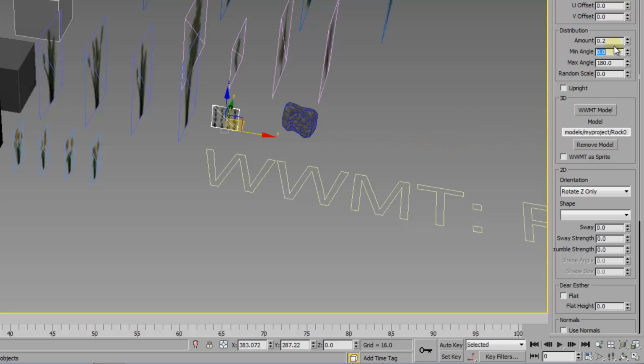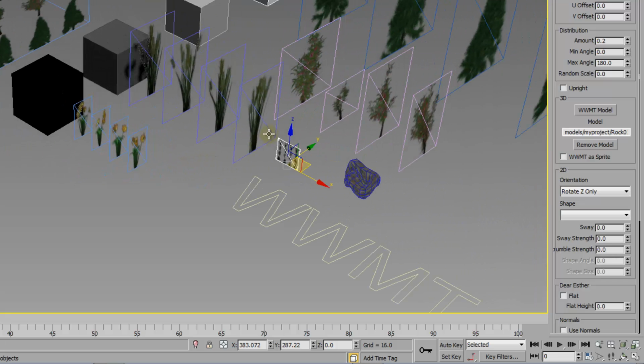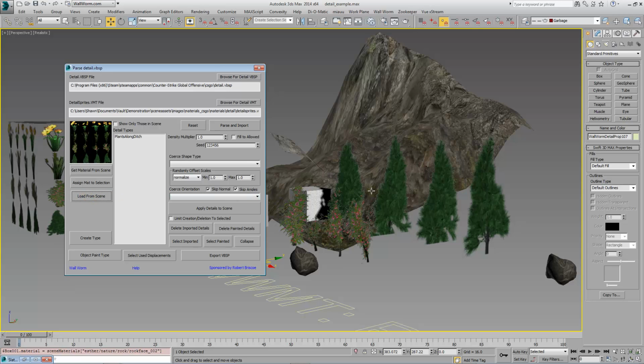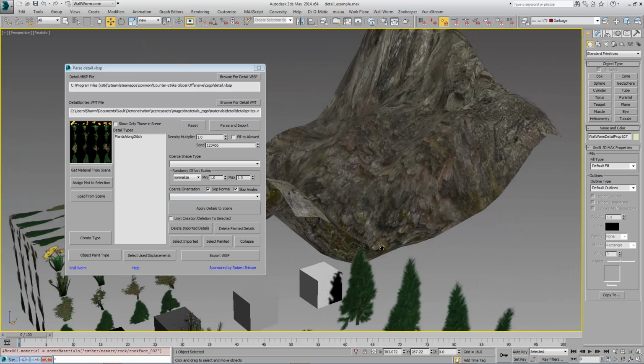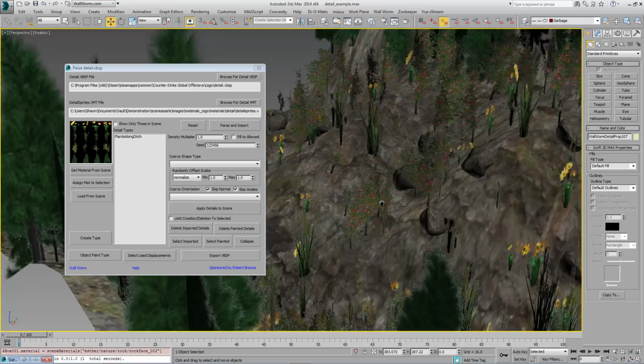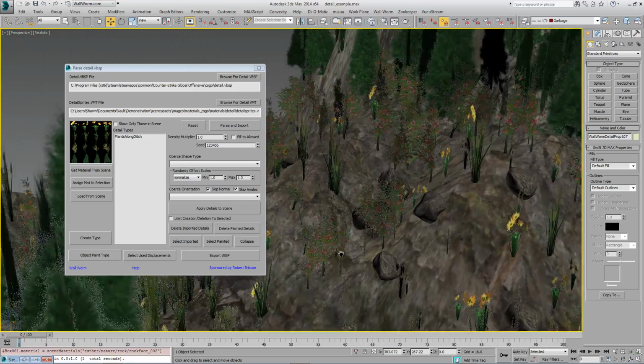And random scale doesn't do anything with these kind of models. And I'm going to bring down the percentage of a couple of these flowers so that I have room for this rock here. So now that we've added that, we'll hit load from scene to reload the settings for this. And at that point we'll apply to scene, and you'll see now that we have the rocks scattered about our scene here